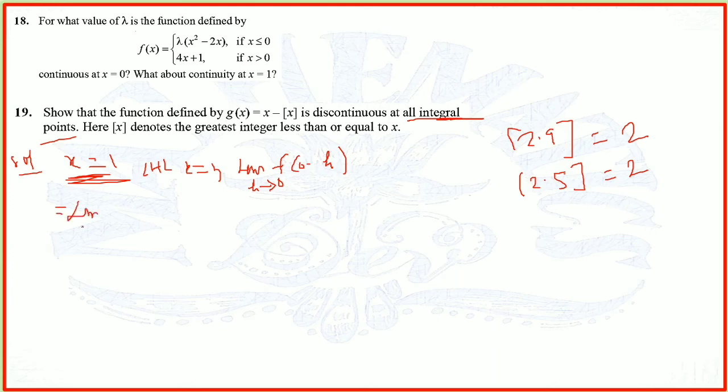So limit h tends to 0. Now 0 minus h we will put in the function gx is equal to x minus greatest integer function x. So 0 minus h is for this x, and minus